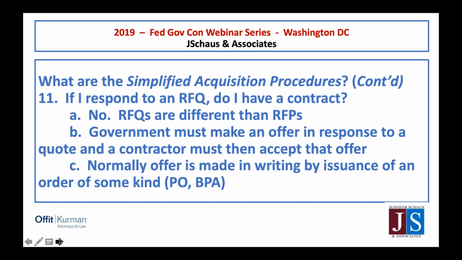Normally, these offers are made in writing, not always. There are instances where a contracting officer will engage in oral communication with a prospective contractor or vendor. That does happen. If you are a contractor or a vendor and that's the process being employed by a contracting officer, make sure that you have something in writing indicating what the deal is, what was agreed upon, and that sort of thing, just to make sure if anything happens later, you have some sort of record of it.